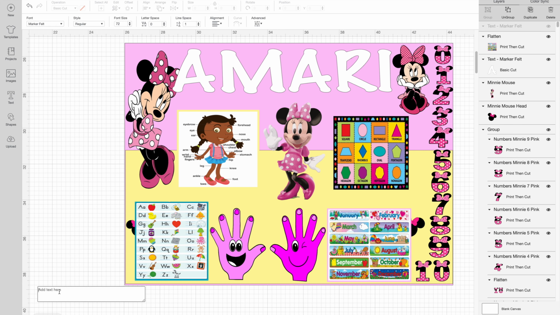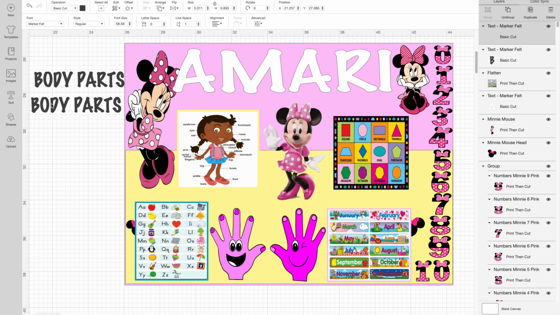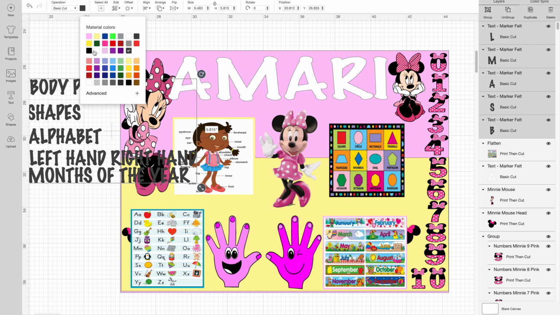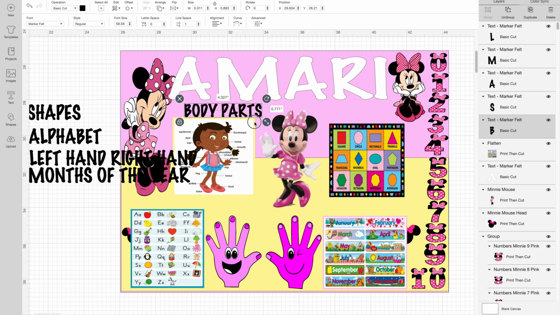And so now that we have gotten all of the images in, I want to go ahead and put the titles for the learning materials. So I'm going to go to text and I'm going to type out each name. And so we have body parts, shapes, alphabets, left hand, right hand, and then months of the year. So I'm going to go ahead and type all of those out and change the color to black. And then once I change the color,